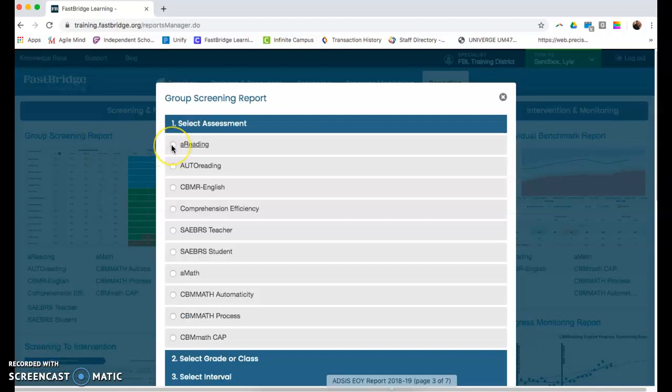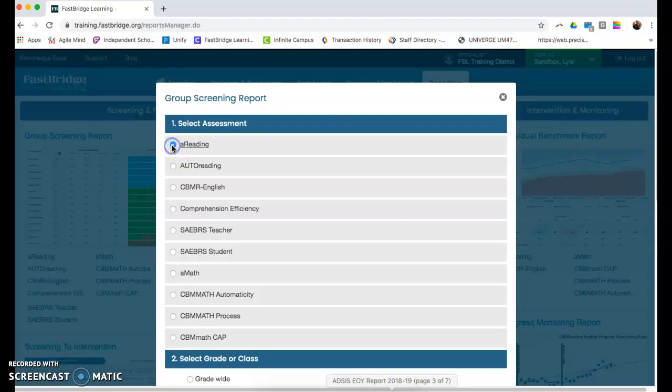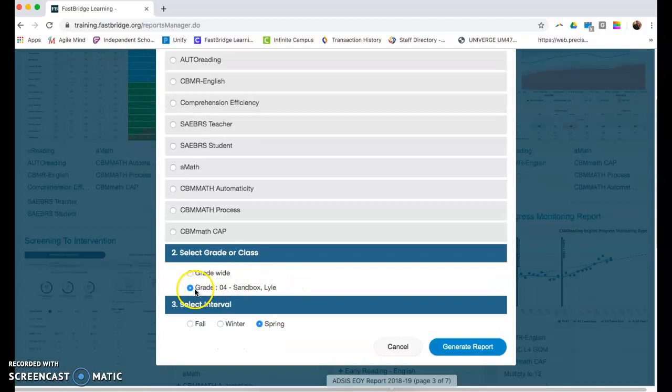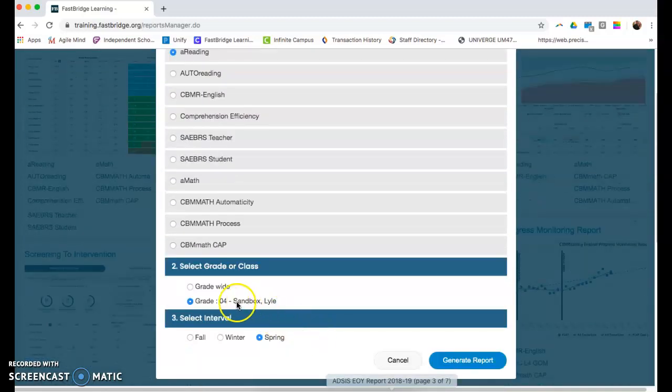And then from here what we need to do is tell FAST what kind of information we're looking for. So here's A Reading. You'll see A Math is here as well. There's a number of other assessments in the demo site. You may not see all of those, but you will see A Reading and A Math, and depending on your level, some of the other CBM options. Here you have the option for grade-wide or just your class or classes. So we'll stay here with just Lyle Sandbox's classes, and we'll look at spring. So A Reading for Lyle Sandbox and spring. Click Generate Report,